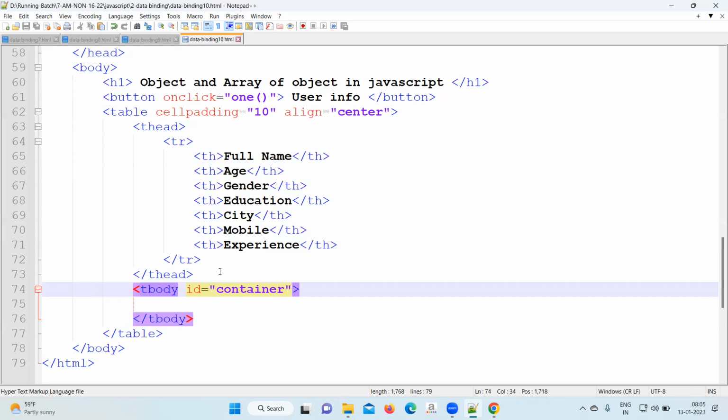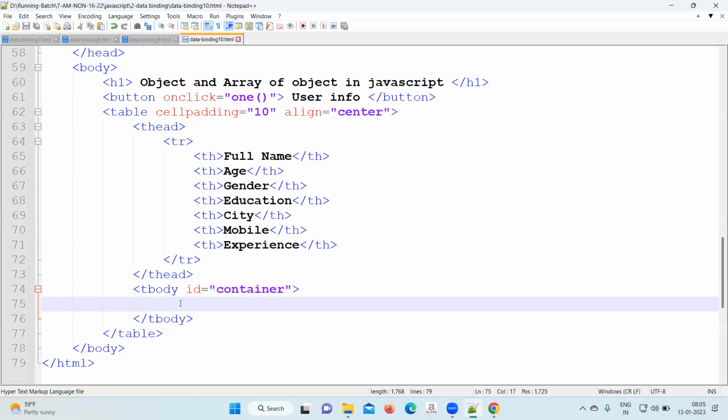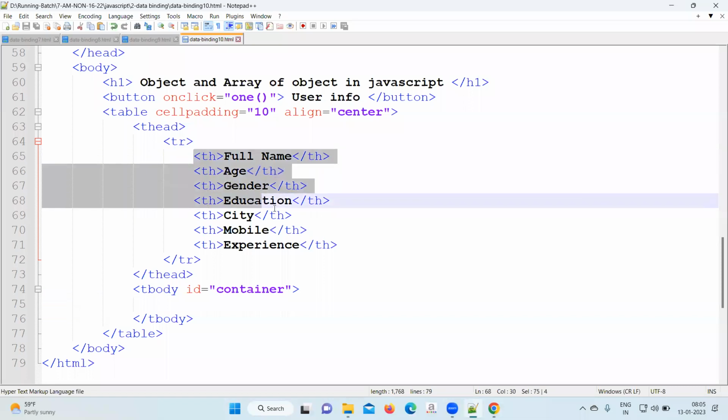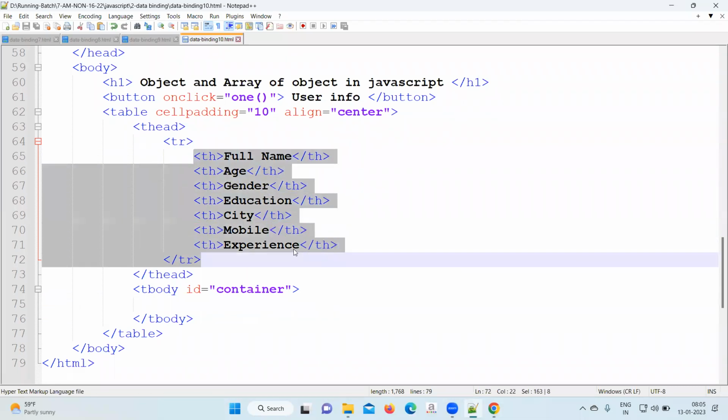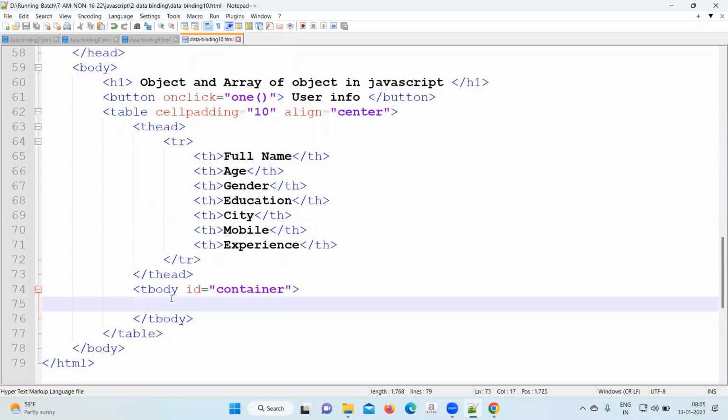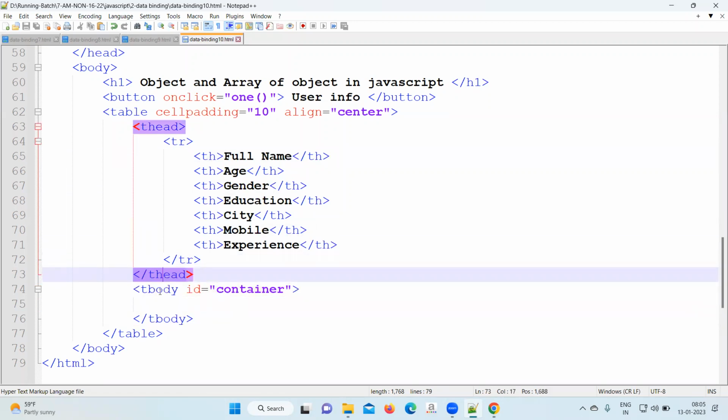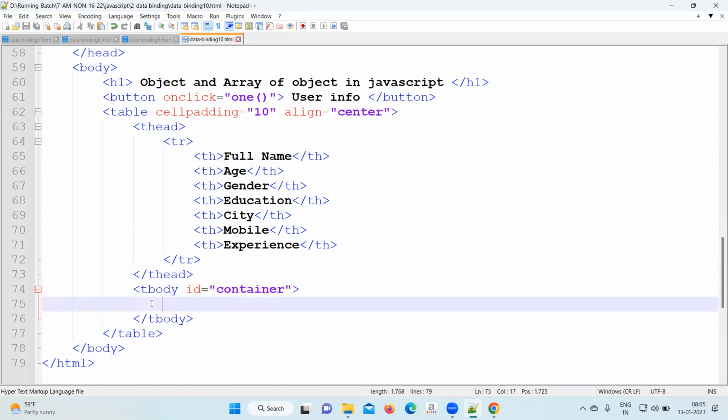Okay, note it. So thead becomes separate and tbody becomes separate. Now under the tbody, we have to put the TR. Multiple TR we have to add, and under every TR, this many columns we have to write. Full name, age, gender, city, and all we have to write under the TR. So this task now you are going to do in JavaScript. The tbody will be by default empty, no data. Once the button click happens, JavaScript will run the loop, and after running the loop, JavaScript will generate the content, and that content will be in the form of TR. The TR will be placed here,